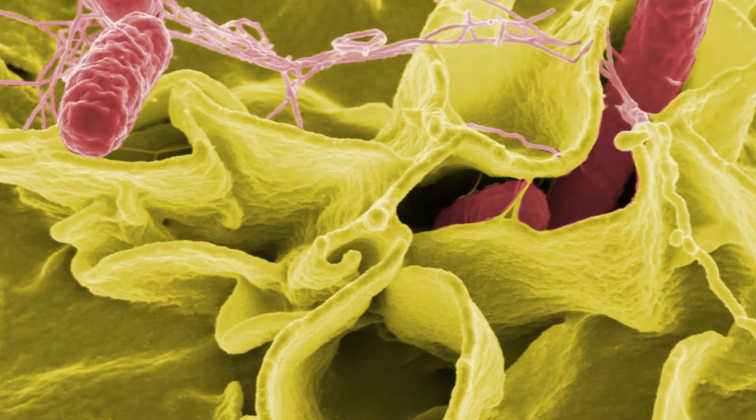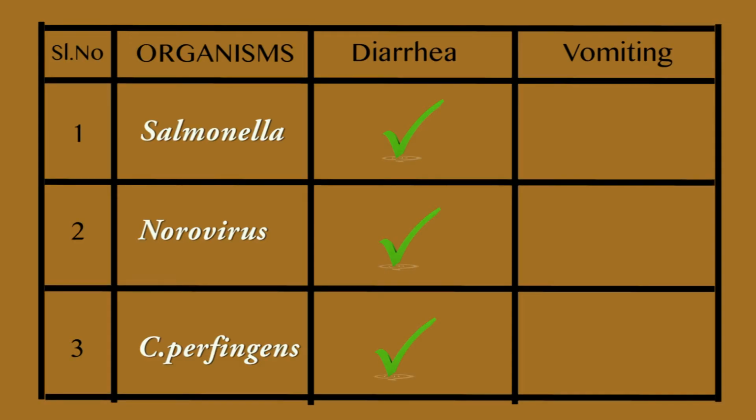Well, some foodborne illnesses can strike days or weeks after exposure. It takes a while for organisms to replicate in our body and strike. This period is called the incubation period. The most common pathogens like C. perfringens, Salmonella, and norovirus have a short incubation period ranging between 6 to 72 hours. All three can cause diarrhea, while Salmonella and norovirus can also cause vomiting.